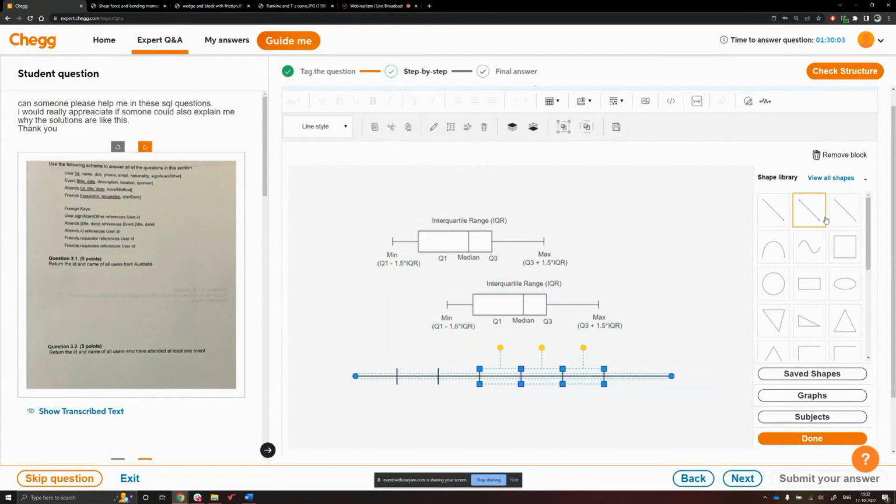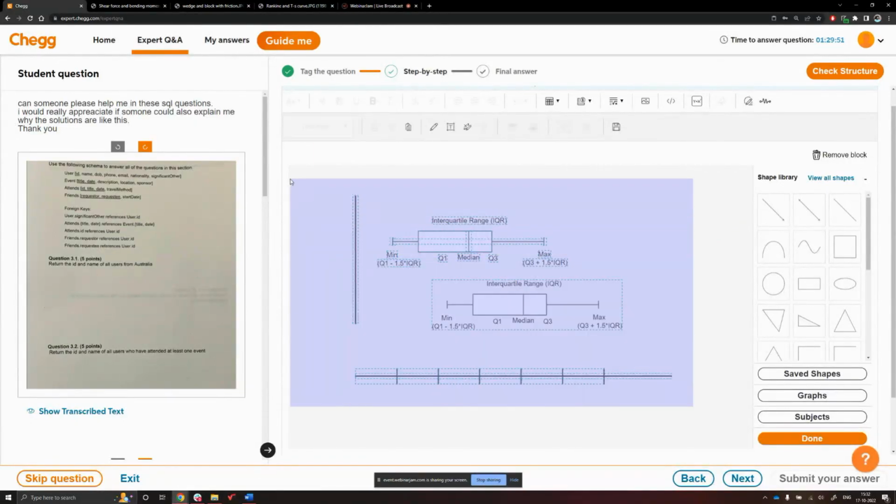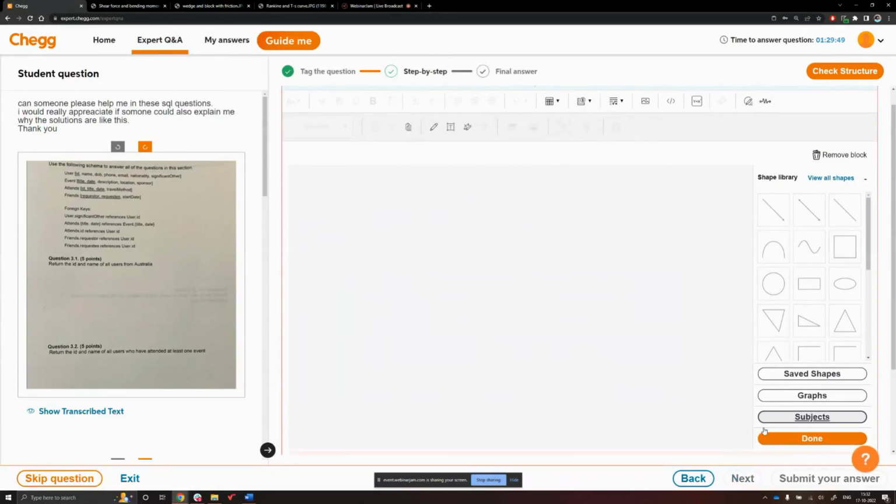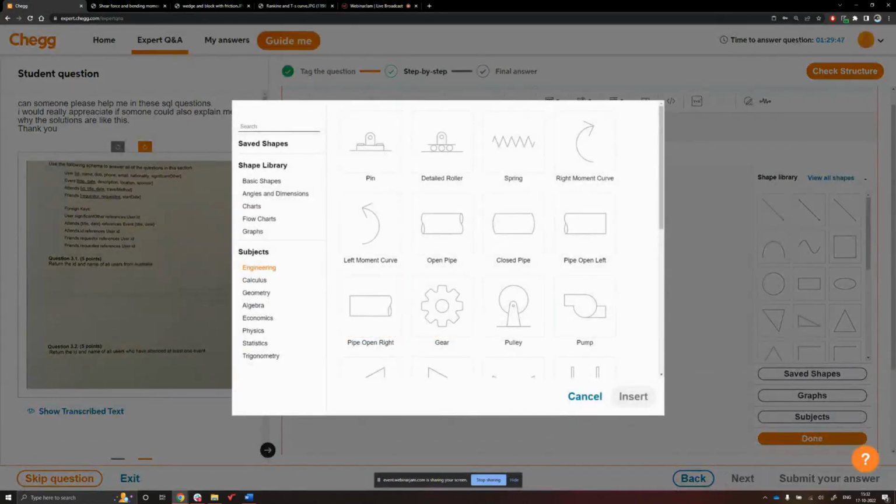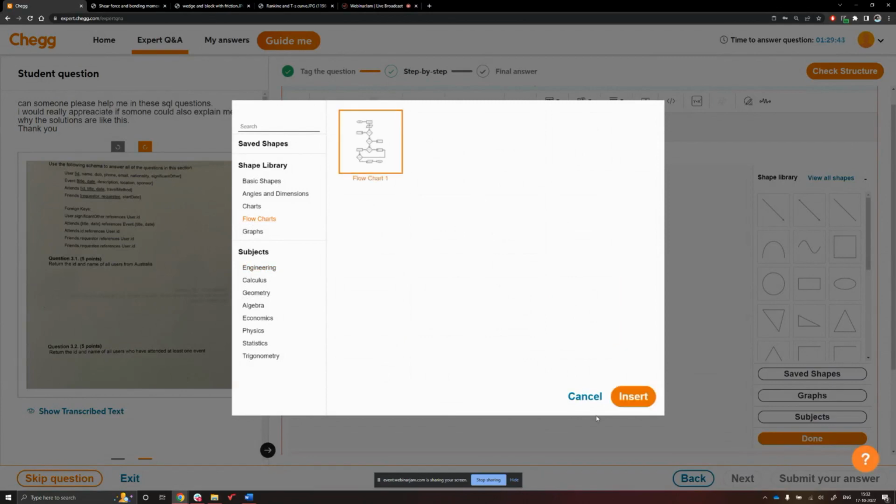And another way, you can draw a vertical line here like this, and then this is the box and whisker plots for statistics. So another thing I want to show is flowcharts. So this is the sample flowchart.